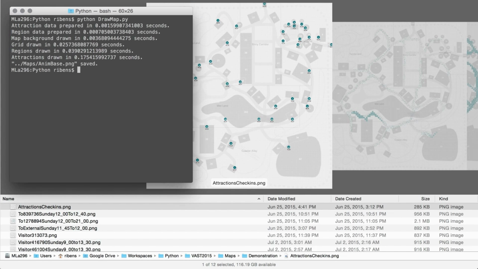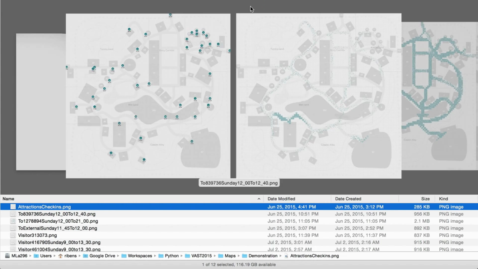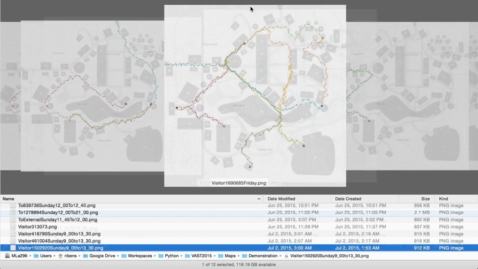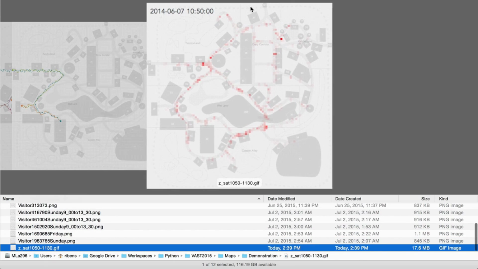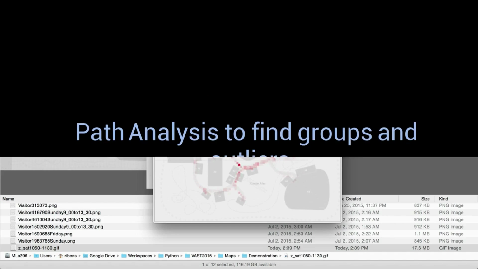The output from the analytics and times of interest were used to create several spatial visualizations overlaid on the park map. The visualizations were used to verify the check-in locations were correct, track the movement of a particular visitor, or even animate the overall level of movement in the park over a time window.